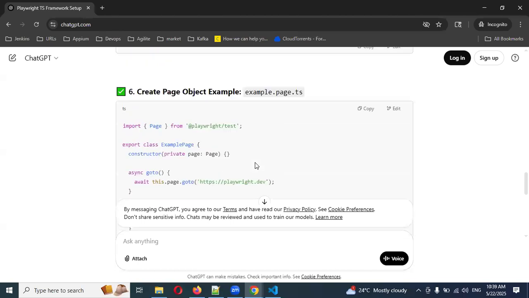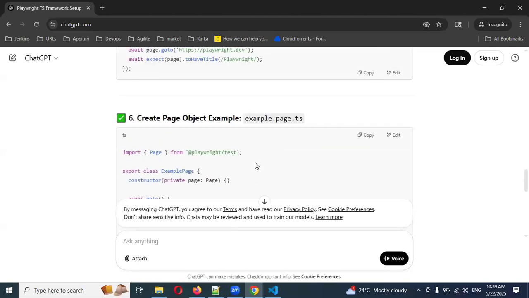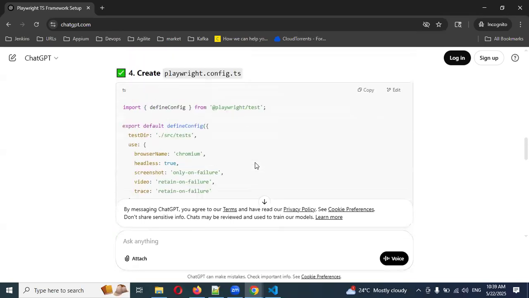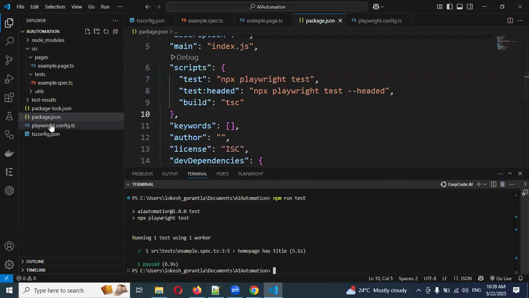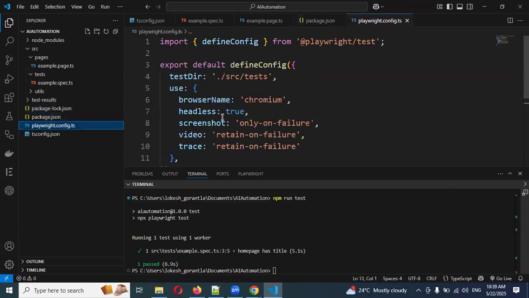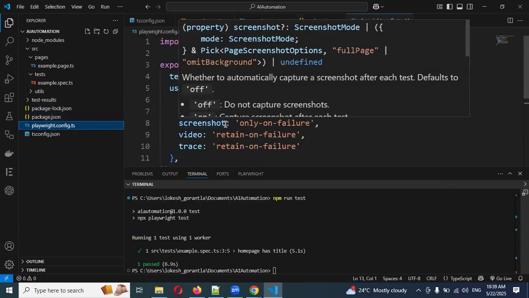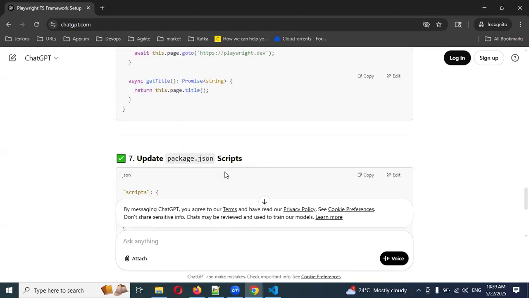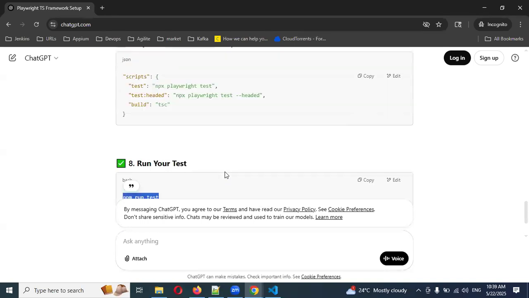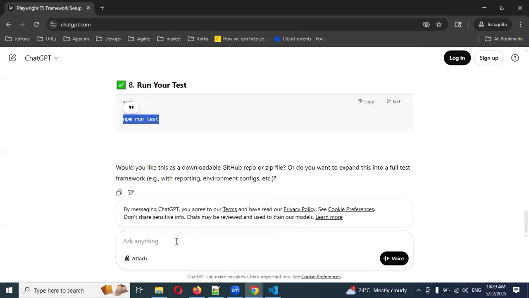It's faster, right, compared to the normal way? We have done all the things, the setup and everything, right? And if you see my package.json config also, my Chrome browser and everything is present. It is working 100%. In case you want to change something,